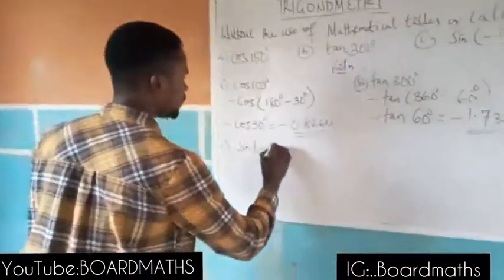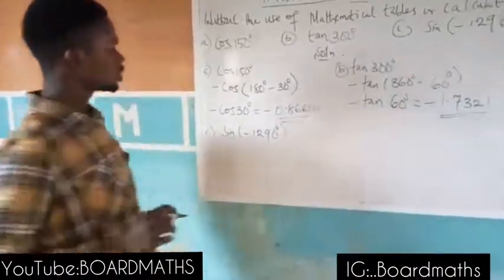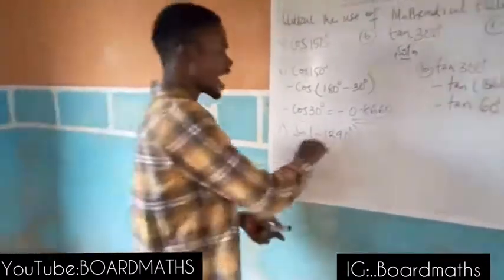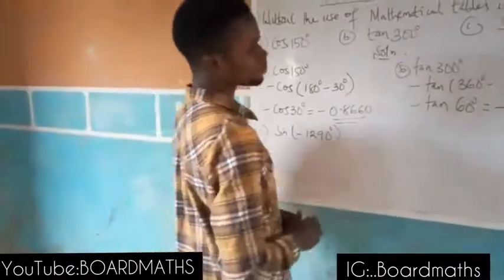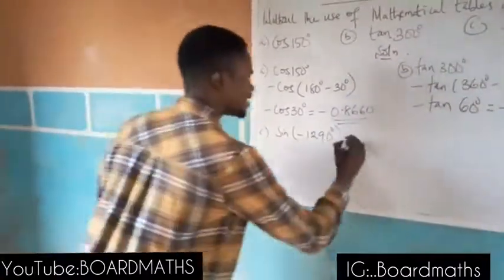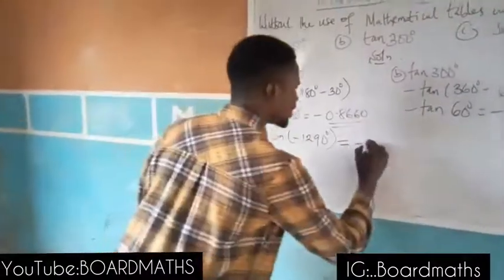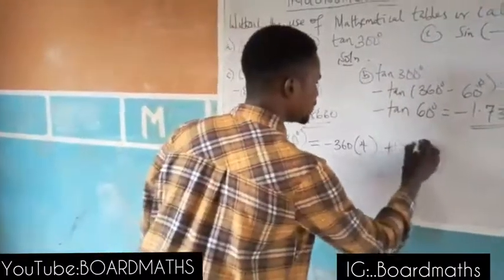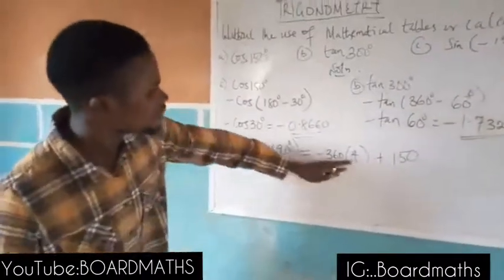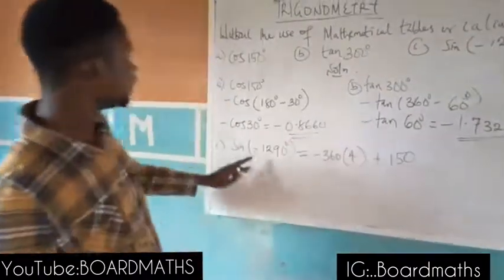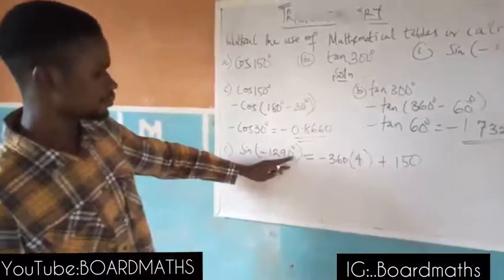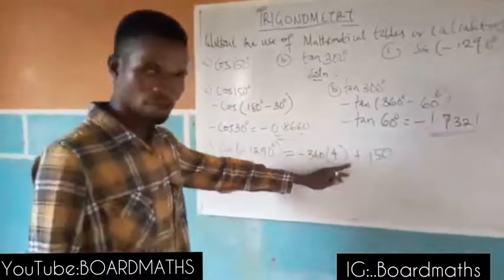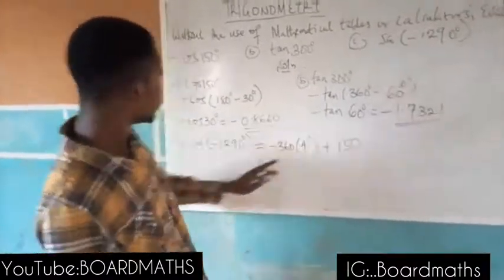negative 1290. So this is a big angle. We have to reduce to an acute angle. If you have to reduce this to an acute angle, let's take 360. This is the same thing as minus 360 times 4 plus 150. Because minus 360 times 4 plus 150 will give this angle 1290. Because minus 360 times 4 is minus 1440, and minus 1440 plus 150 will give you minus